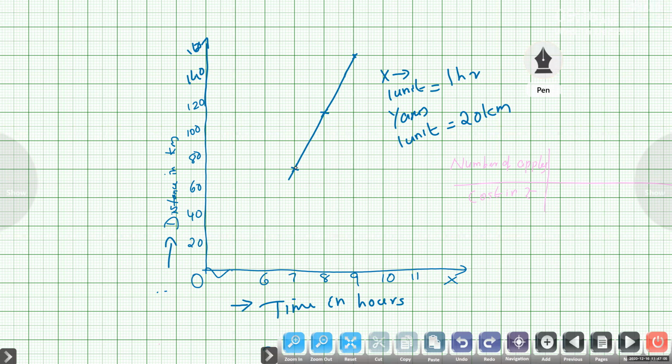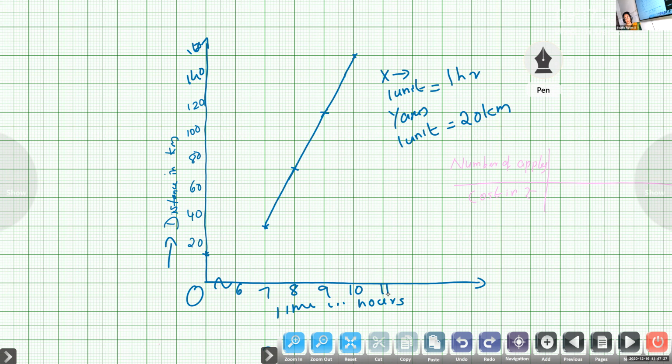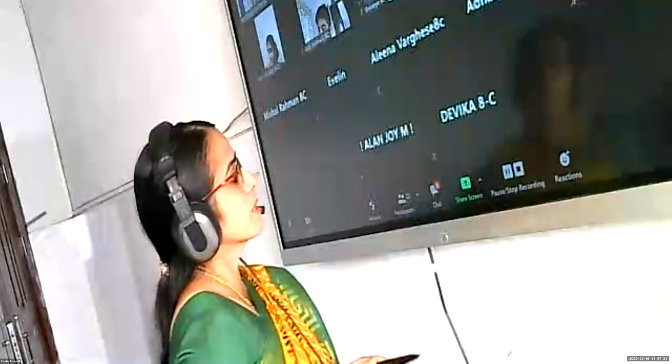Ma'am, 1 unit is equal to 1 hour on the x-axis, and on the y-axis 1 unit is equal to 20 kilometers. Ma'am, next period is revision. Okay, shall we wind up our class, children? Our time is up. We will meet